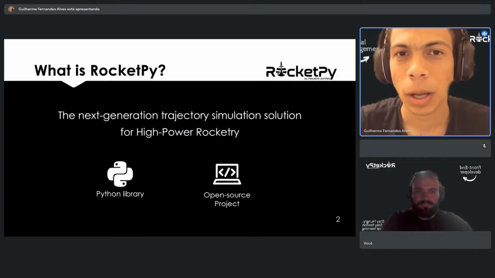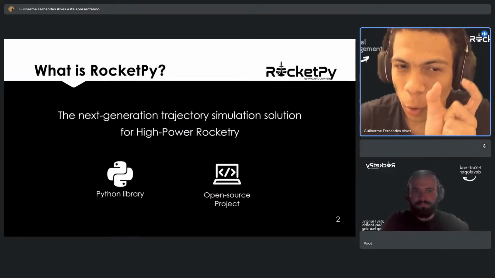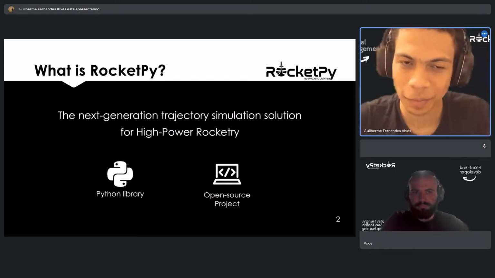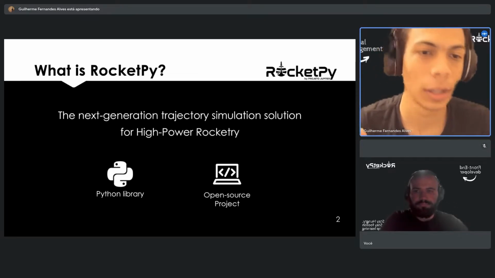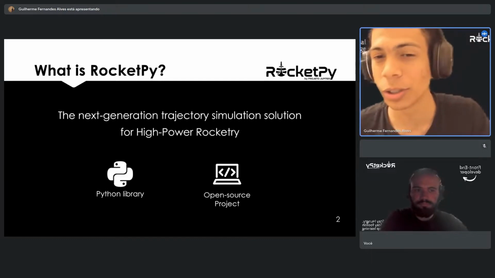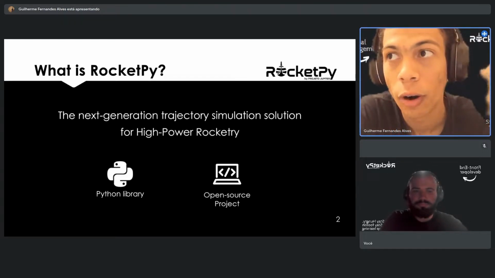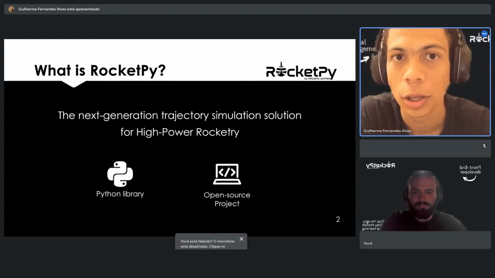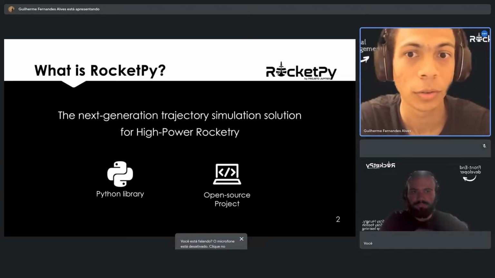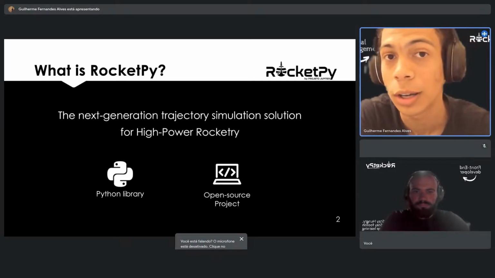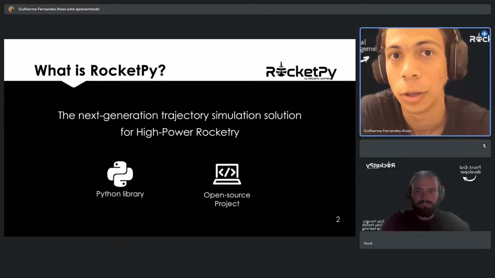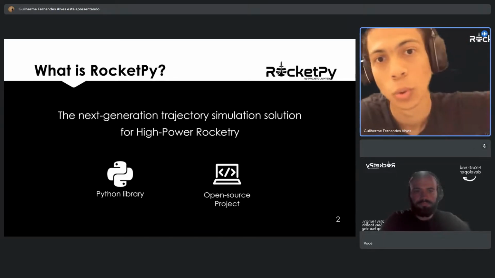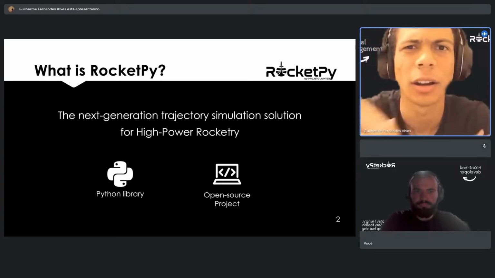Talking about RocketPy, the code itself, basically, this is the next generation trajectory simulation solution for high power rockets. So basically, we are simulating the trajectory of different rockets ranging from 10, 50 meters of apogee up to several kilometers of target apogee.